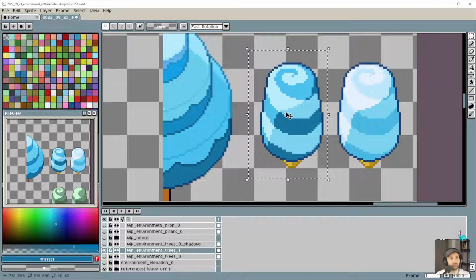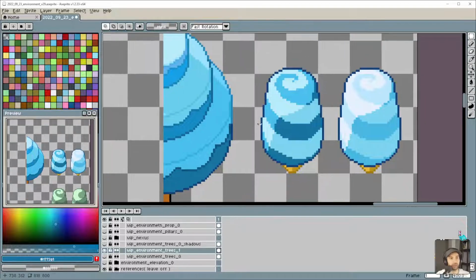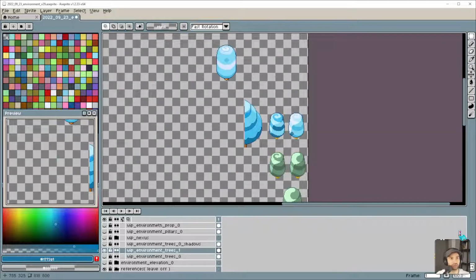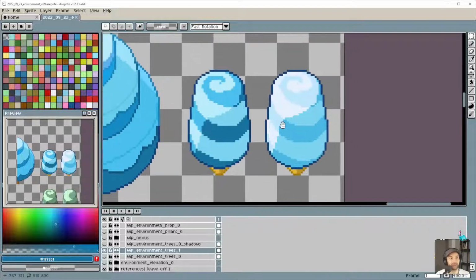But I want to tune these. The blues seem a bit too, I don't know. I can't really put my finger on it, but it looks very different, right? Like when you compare these two, this one looks like it's snowed on, right? Whereas this one just looks colorful, even though the colors have room for improvement. It just looks colorful, right?